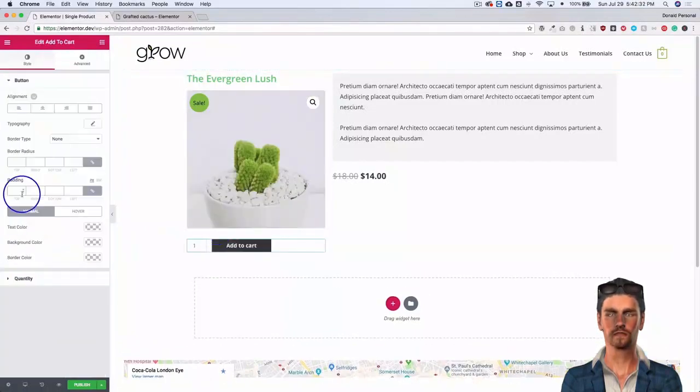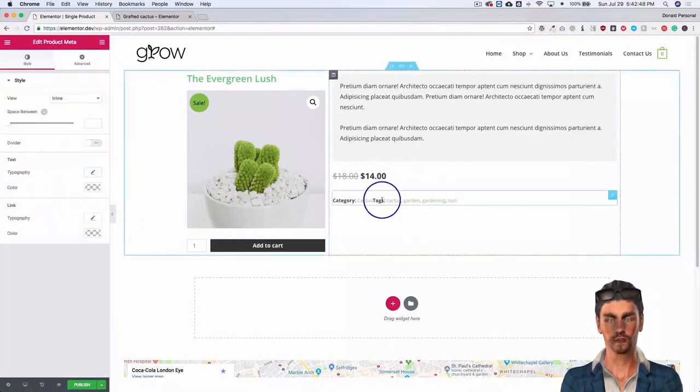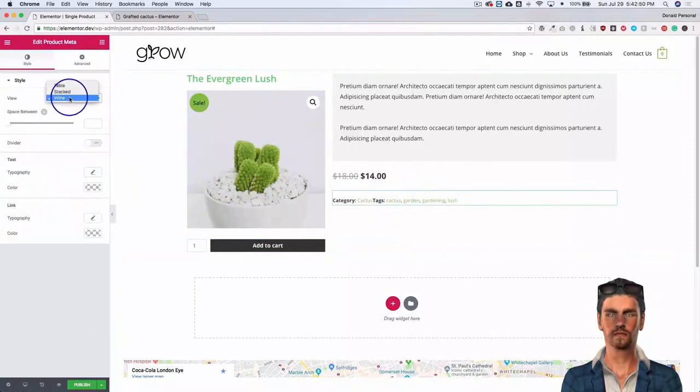Maybe like over here. We can center this, justify it, right align it. There's all of these different options that you can do. Let's go ahead and justify this fully across. Let's go ahead and add some other meta. So we can go ahead and add our categories, all of our things of that nature. We can go ahead and stack them, inline them, make it a table, whatever we want to do to sort